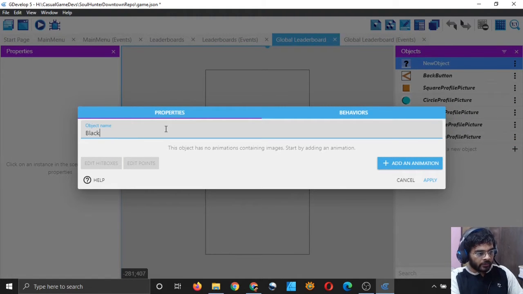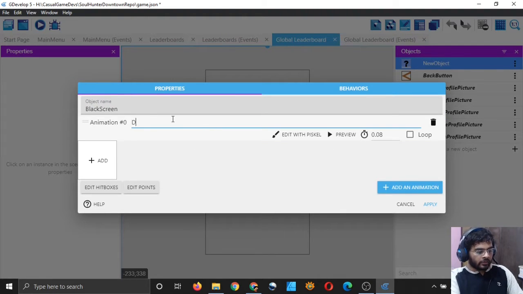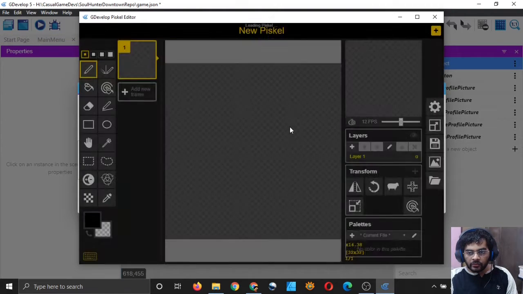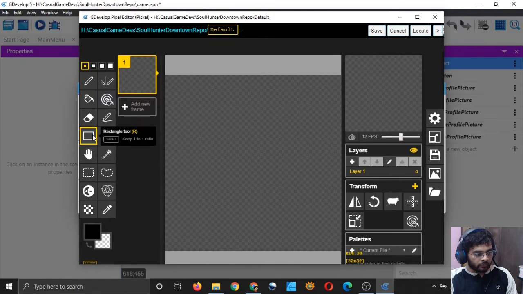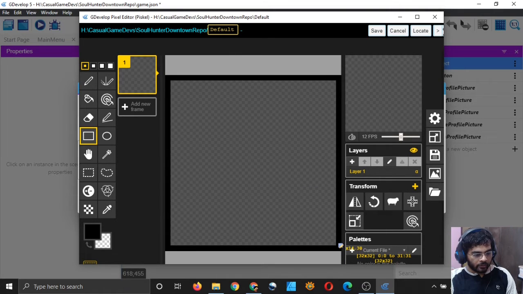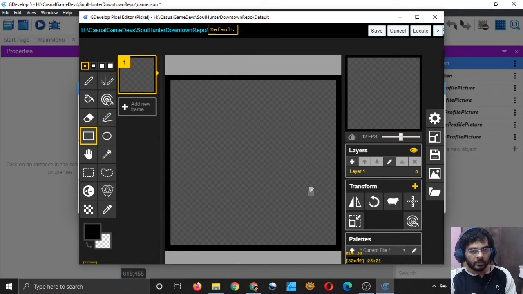I should have made the black screen a global object, but since I didn't do it in the beginning, now I have to make one in every scene. If I make it a global object now, then in many scenes you will have two black screens, so that will not be a good situation.